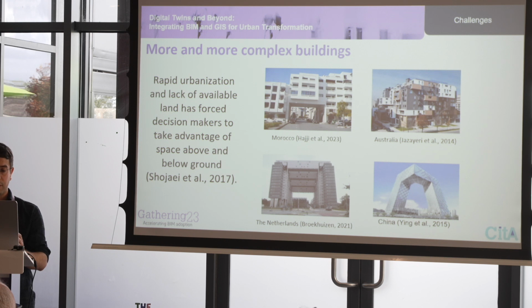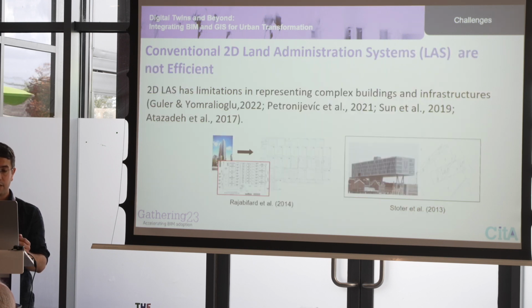However, one of the disadvantages of having those complex buildings is their registration, because the conventional 2D land administration systems are not very efficient in order to store all the legal geospatial ownership information, especially for complex buildings and infrastructures. In the first photo from left, you can see we have a multi-story building, and in order to store all those information, we need loads of PDFs and 2D plans